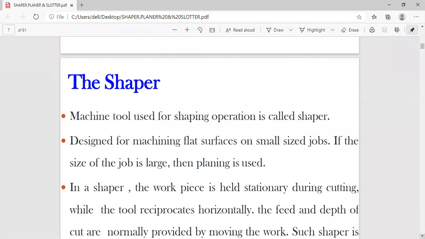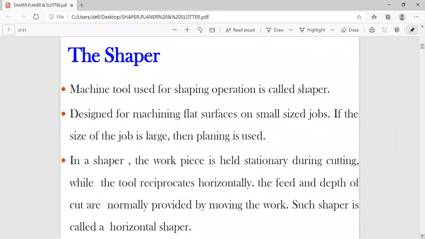Before going to this, we'll define the specifications of a shaper. Like the specifications of a lathe, where we define the swing over bed and the distance between the headstock center and the tailstock center. You have to be very conscious of this, because all these are short answers. In the introduction, we'll be discussing most of these short answer questions.